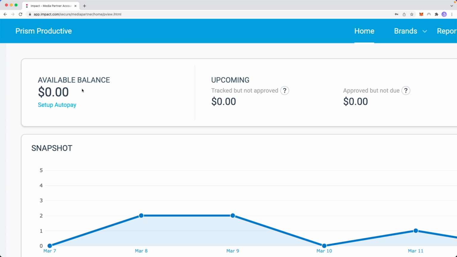But once they do pay out that $100, your available balance is going to go back down to zero. And once you start making money, the number will go back up again. And then typically towards the end of the month or sometime during the month, you're going to get paid out again, and that available balance is going to go back down to zero. So again, available balance means the amount of money that you're going to earn, but has not yet been paid